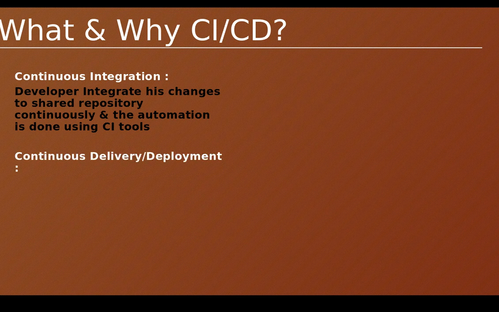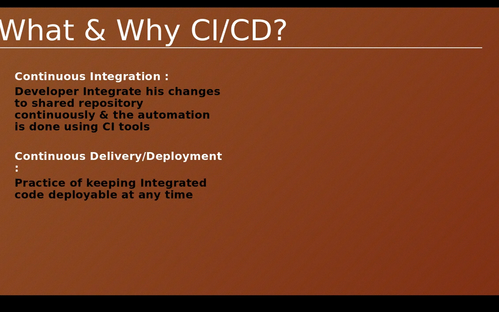And then finally, continuous delivery or deployment. Once the code is merged, it should be ready for deployment. As part of the agile development model, the code should be ready for deployment anytime. The code can be ready by the end of the week or by this evening. That responsibility is taken by the continuous delivery tools available inside Jenkins.